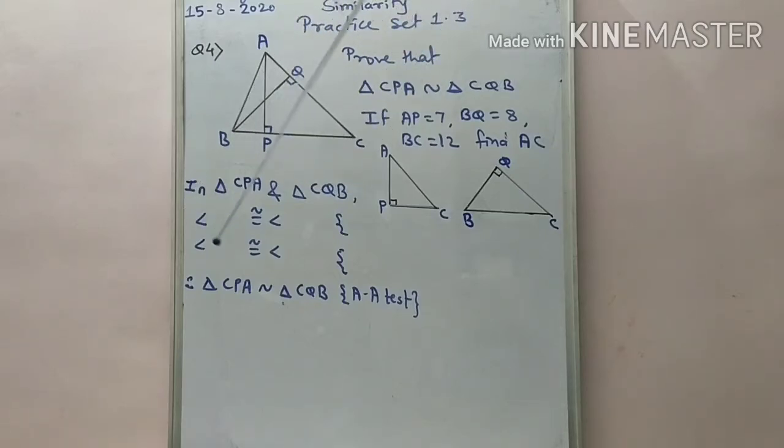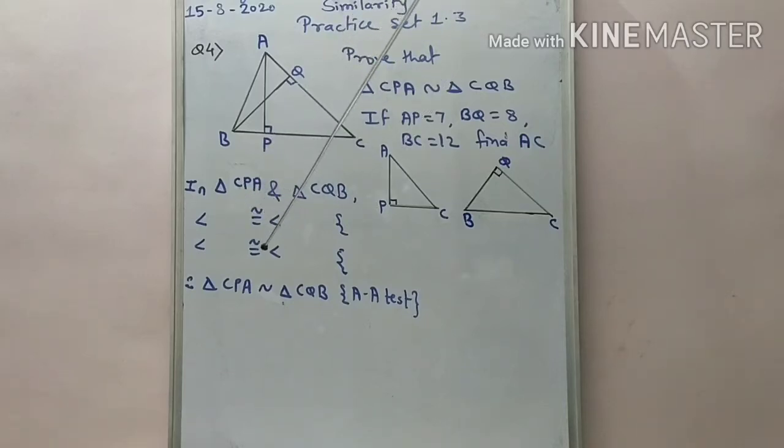So what I told you: if we prove that two pairs of corresponding angles are congruent, then by the AA test we can say these two triangles are similar triangles. So what is the first pair? As you observe here students, the angle CPA is a right angle, meaning 90 degrees. And similarly in the second triangle, angle CQB, perpendicular means the measure of the angle is 90 degrees. So for angle P, the corresponding angle is Q. So here we get the first pair, each angle of 90 degrees, congruent.